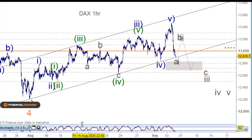So from this low here on the hourly chart, we had this as wave 4 here, and we're counting 5 waves to the upside. It's possible to count 5 waves to the upside in terms of 1 and 2 and 1 and 2 and 3 and 4 here, overlap here, not good. 5 and 3 and 4 and 5 here. So it's possible that we've got it in, but it's also possible that the market can continue to the upside